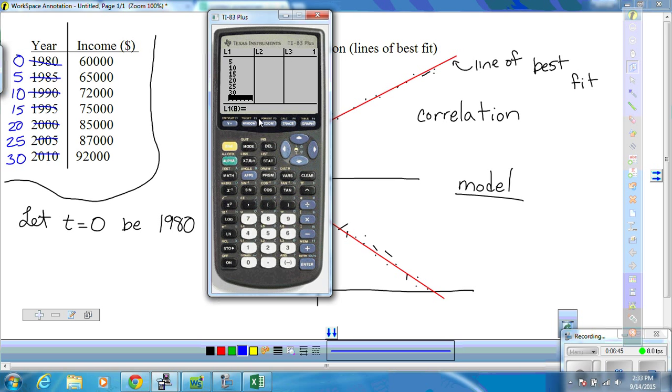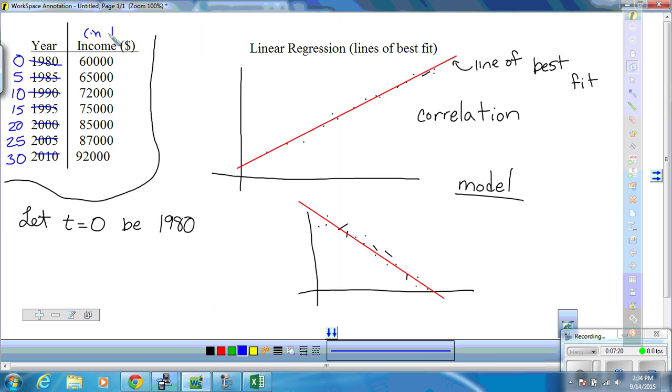And notice I just typed each number and pressed enter. And then I go over to this column and I need to put its matching income. So this one was 60,000, and then I had 65,000 and 72,000 and 75,000 and 85,000 and 87,000 and 92,000. Another thing you can do is that if this is income, you could make it in thousands